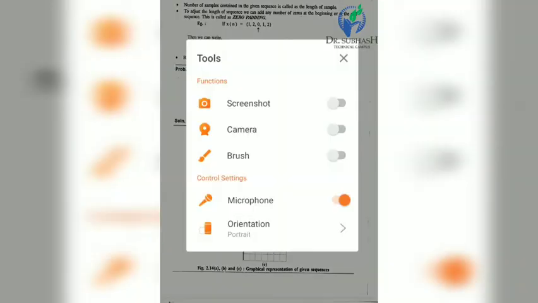To represent the following signal graphically, x of n equal to 1 2, origin 0, -1 1. So in figure A, the 0 is indicated at the origin, the 2 on the left side is indicated at -1, then the 1 is indicated at -2. Let me show you by using the brush. The 2 is for -1, this 1 is for -2, then -1 is for 1 and +1 is for 2.